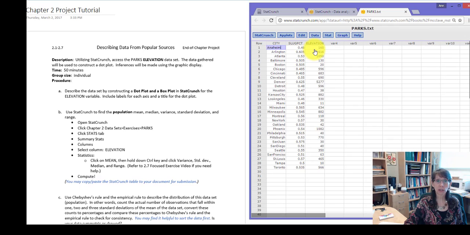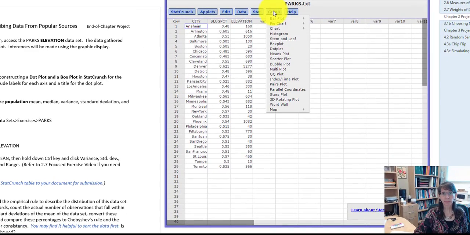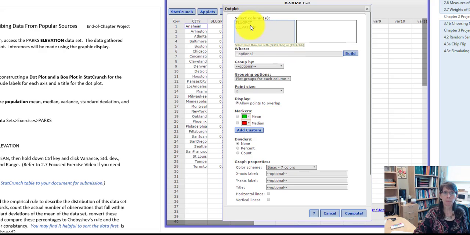For Part A, the first thing we're going to be doing is constructing a dot plot. So I go to Graph, find Dot Plot, make sure to choose the elevation column. The next thing we're looking for, and it's optional, is to change the point size. You can use the default of 2, or if you want a little larger size dot, maybe size 5,